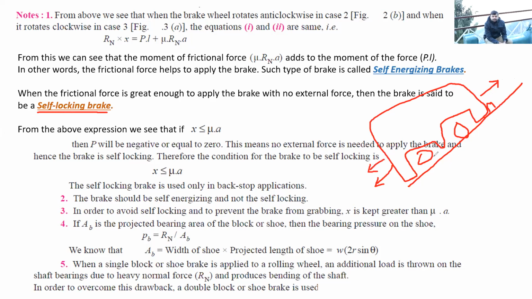Then these wheels will try to rotate in the opposite direction, so the car will start going in the opposite direction. In this case, these self-locking brakes are very useful. They are mostly employed in the automatic transmission of cars, and not the manual transmission car. In that, if you release your brake pedal and also release your accelerator pedal, then even on such slopes the vehicle will not move back.